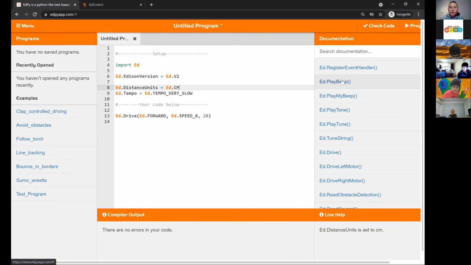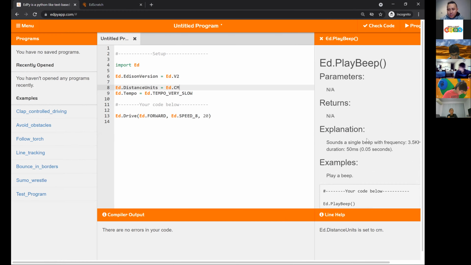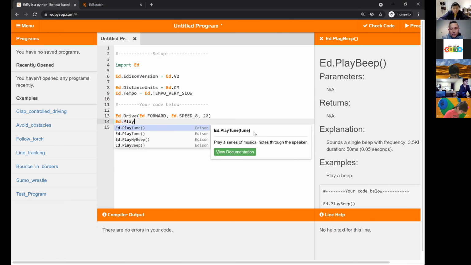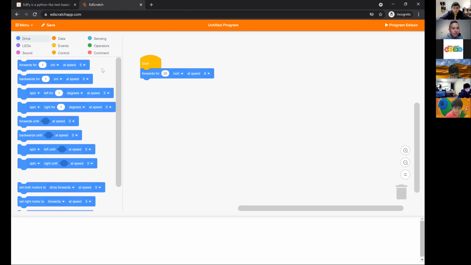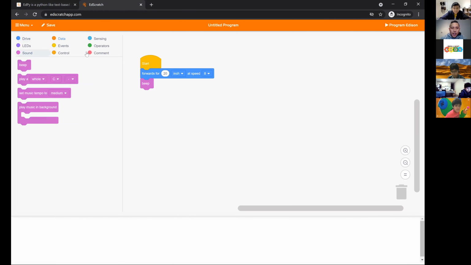So what we're going to do is play a beat. It's going to just play a normal beat. All you have to do is type ed.play beep. This should be equivalent to adding this here. It's the same thing as playing beep here.